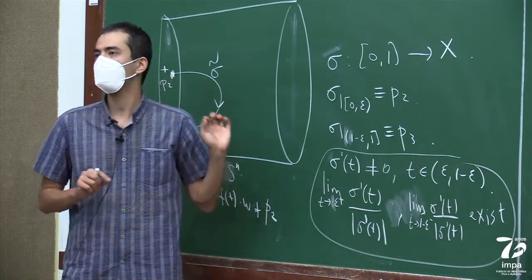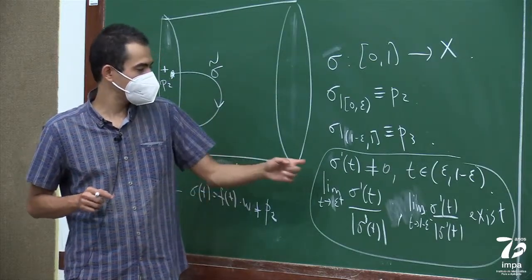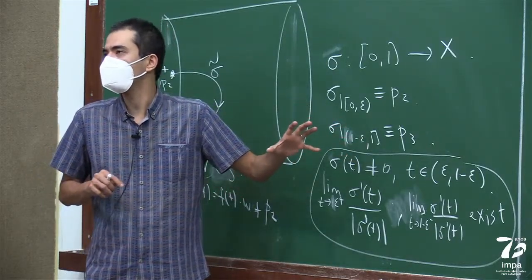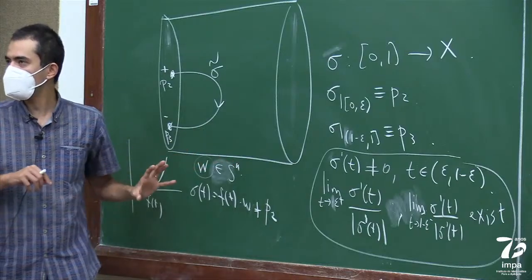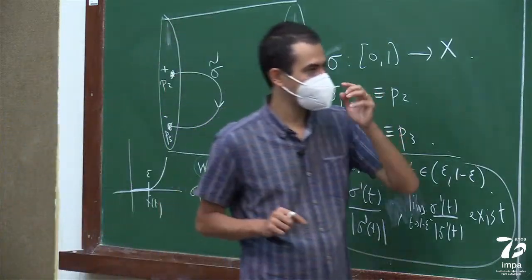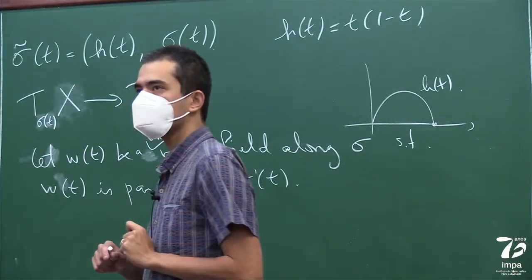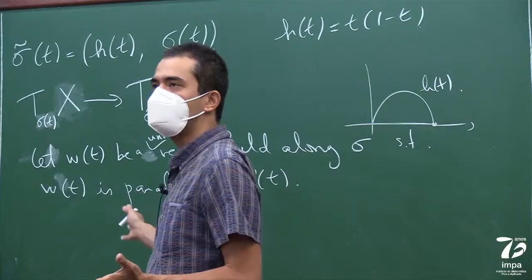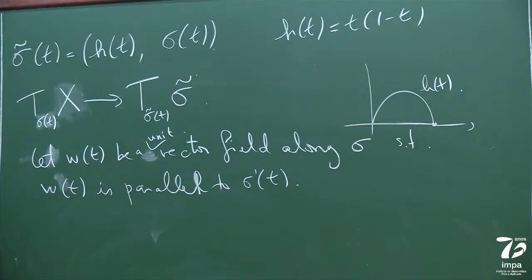Basically, you make it constant, for example. Maybe you need to assume that, I think this is probably OK. But you might have to assume slightly more regularity for this to be possible. But I think you see what I'm trying to say. So you replace sigma prime by some other vector field that's always unit, and that's parallel to sigma prime. And between 0 and epsilon, you might take this to be constant if you want. Actually, it doesn't have to be constant. Maybe you have to look at the details here. Anyway, you can assume that it's definitely constant near 0, maybe for epsilon over 2 or something.